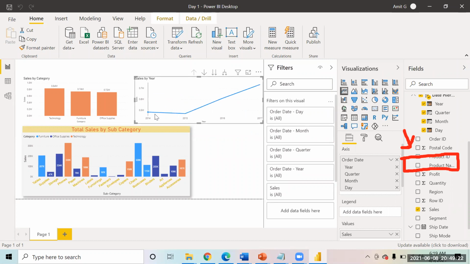Yeah, so now the data is gone. So we have 14, 15, 16, and 17.